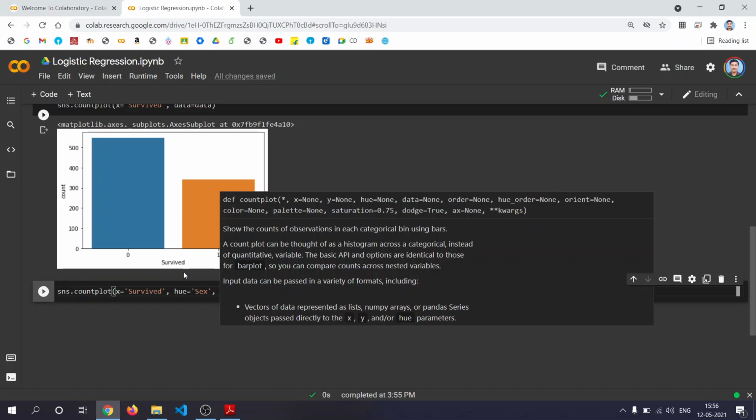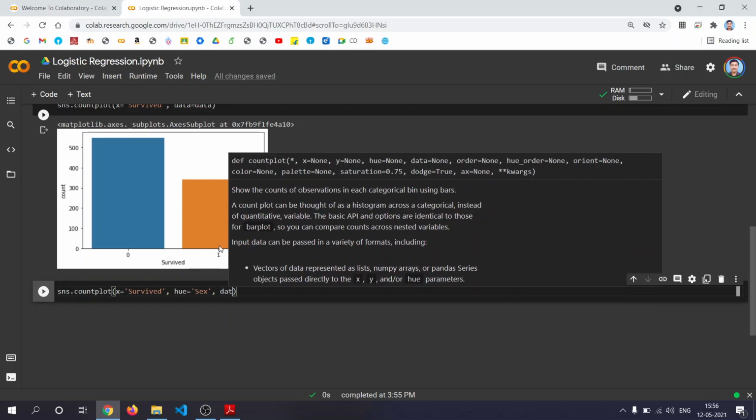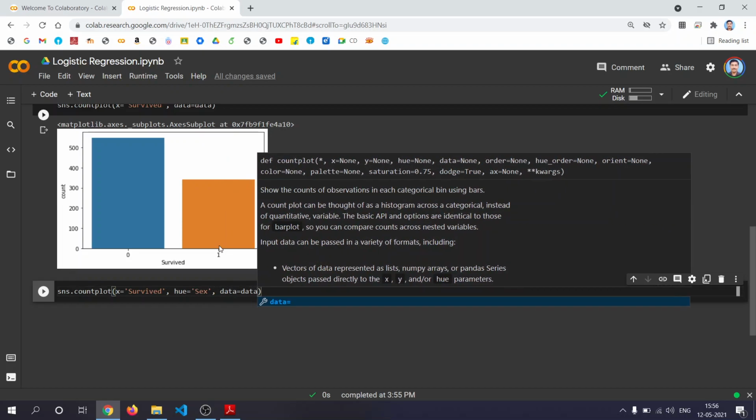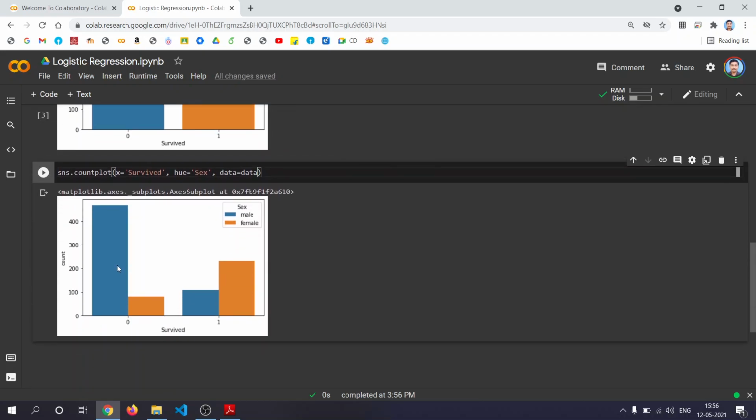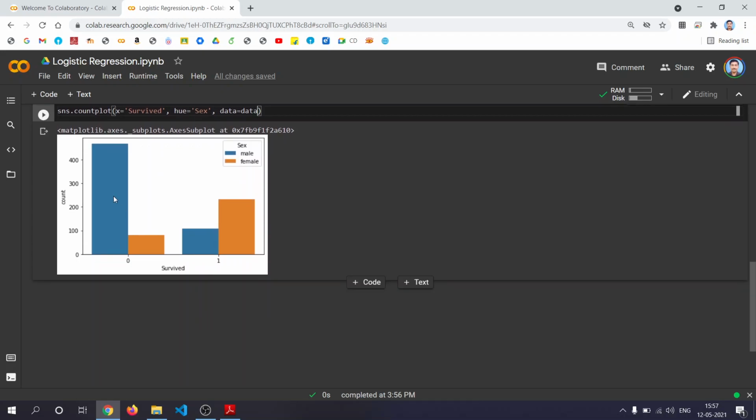That's the data you will get. Data equal to data is available in our variable data. See, out of the total, the maximum number of males have not survived. That's the idea you are getting from this data. So out of the males, this many have not survived, this many have survived. Out of the females, this many have not survived, and this many have survived. Right? So 0 represents not survived, 1 represents survived.